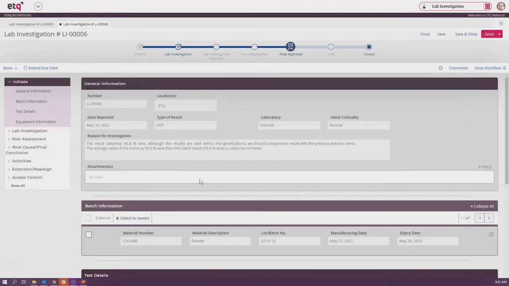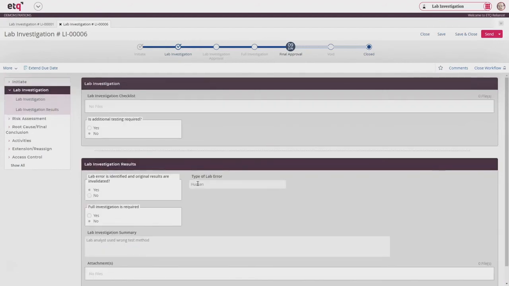Now, really quickly, I want to show an example of what happens when we determine that it is a lab error. We don't go through the entire workflow as you see up above in the workflow here. We went through the initial point in the process where, again, we collect all the information about the result. We go to that lab investigation step, but then after we've entered in the lab investigation information where we have identified that it was a lab error, in this case, a human